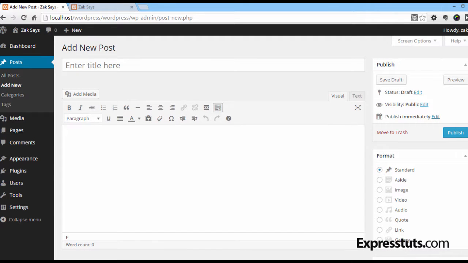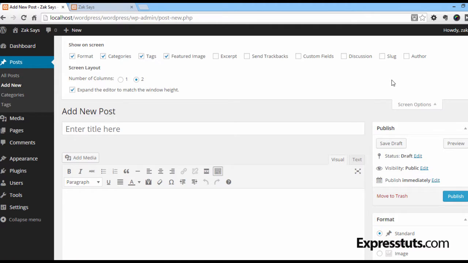If you scroll to the top of the screen and click on screen options, you'll see we have an additional set of options we can choose to toggle on and off. You can display the excerpt, send trackbacks, custom fields, discussion, slug and author, as well as the panels that are displayed by default. At the bottom of the screen options, you can also choose to expand the editor to match